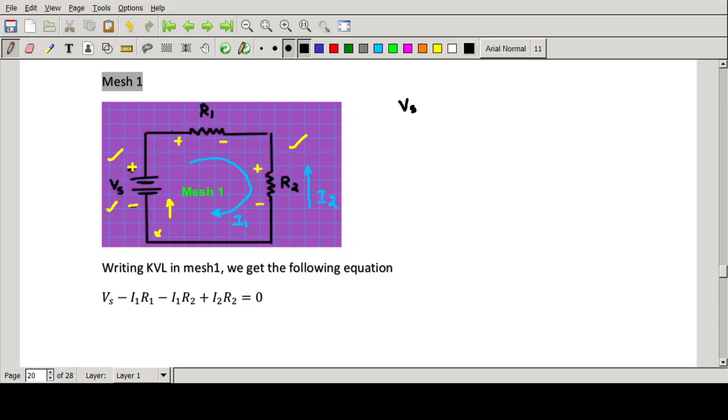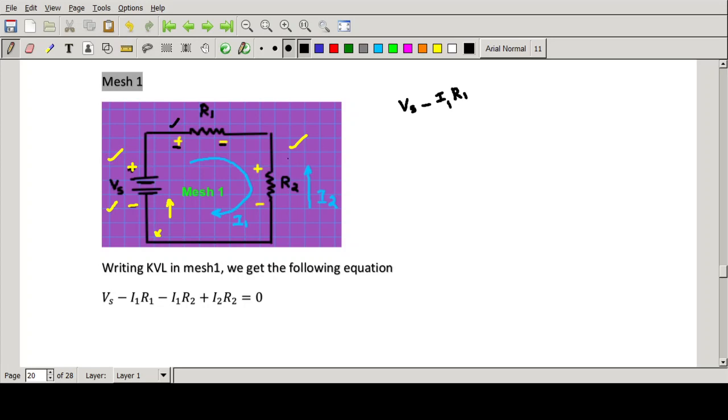Okay. Then you reach this particular point and you are trying to see the polarity of the voltage drop across resistance R1. So you can see here it is from plus to minus. That means it is reducing, right? So you will write it as minus. So what is the voltage drop across resistance R1? That is I1 into R1, because the only current that is flowing through the resistance R1 is I1. So you have to consider only that voltage drop.